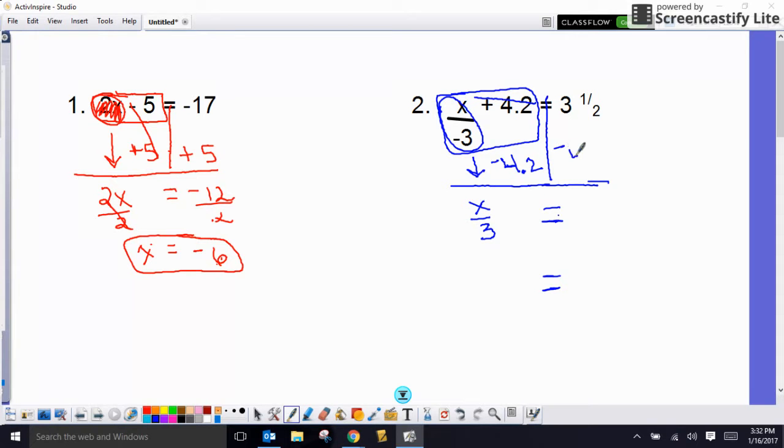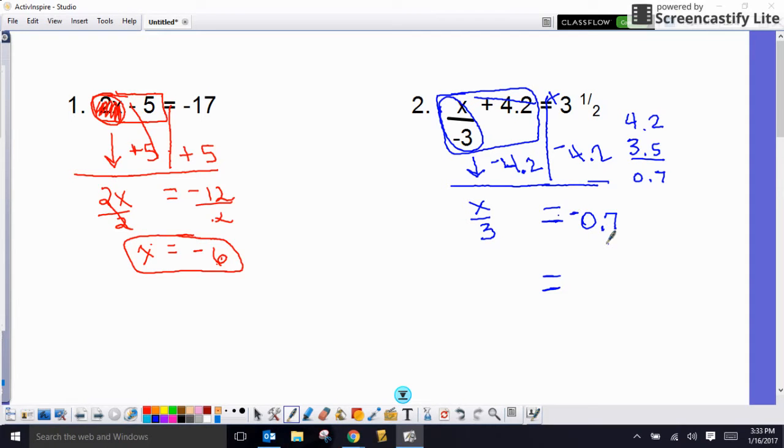So I'm going to subtract 4 2/10 from 3 1/2. Well, think about that. I know when I subtract, and I am going to subtract these because my signs are different. This is a positive and that's a negative. When signs are different, you subtract and keep the sign of the bigger number. So you can use your calculator and put in 4.2 minus 3.5. I'm going to write it here to the side, 4.2 and 3.5, subtract and get 0.7. And my bigger sign was on my negative, so